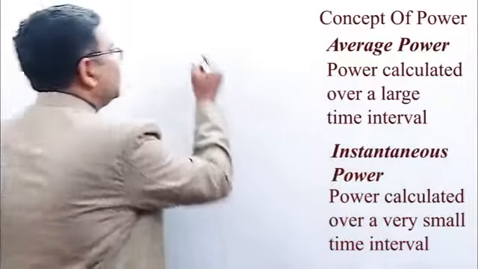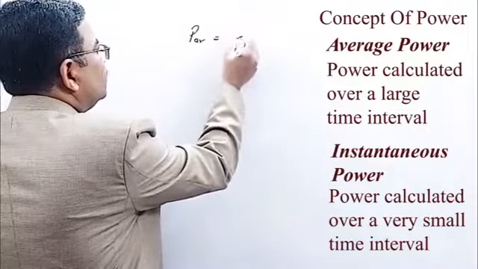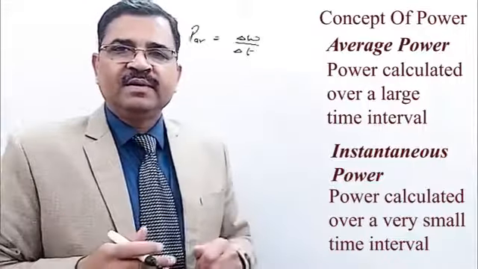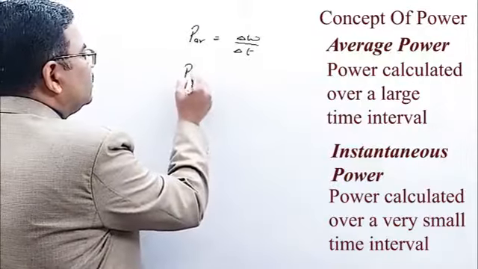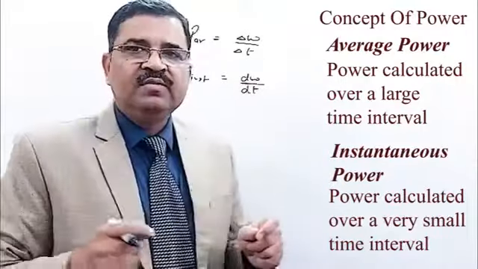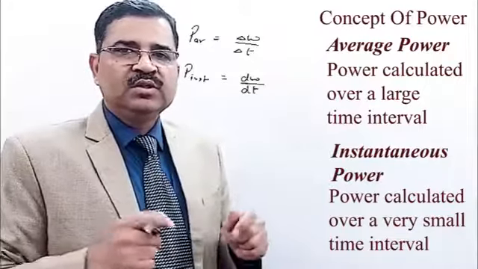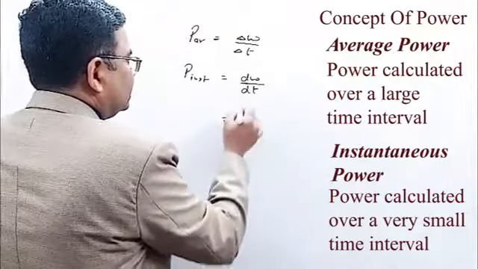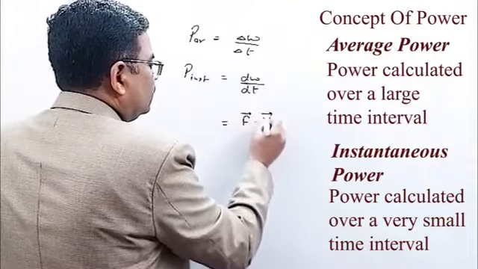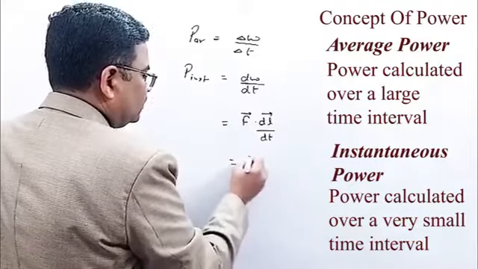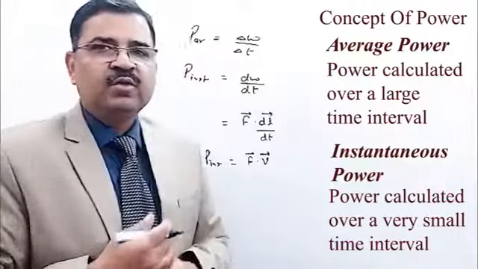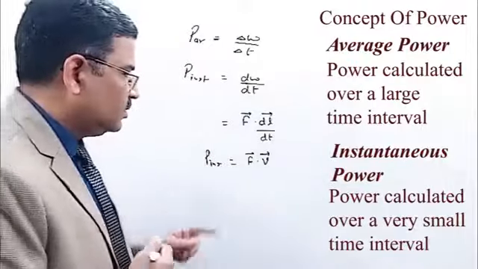So I can say that average power is basically total work done delta W divided by delta T, where delta T is a finite time. Whereas the instantaneous power I can write as dW by dt, where dt is an infinitesimally small time. So the instantaneous power I can further write as dW, which is F dot dl, divided by dt. So this becomes F dot v. So instantaneous power can also be written as F dot v, because instantaneous power is the dot product of the